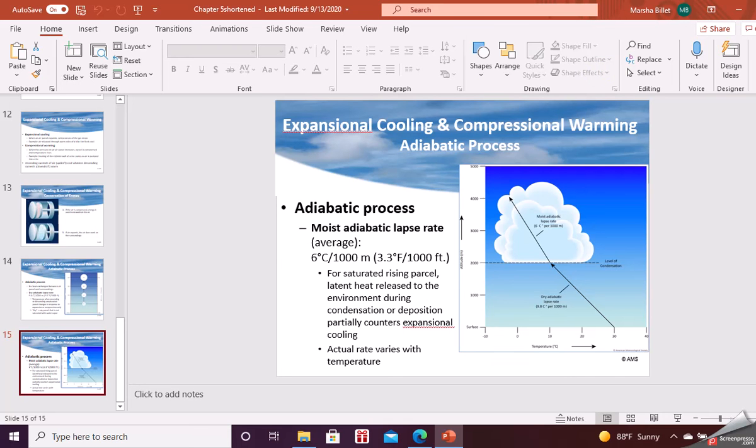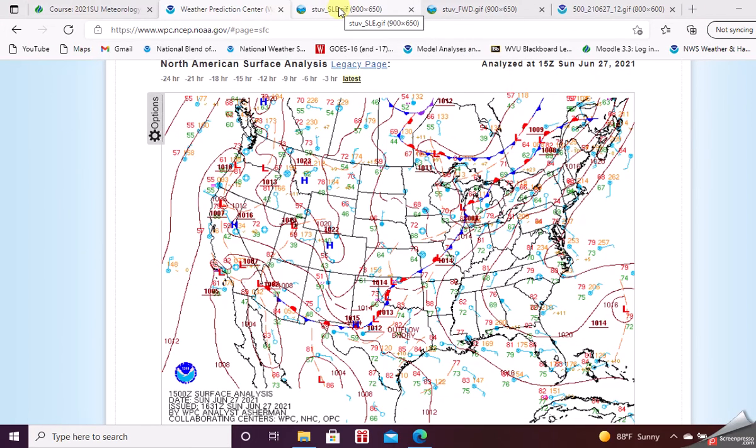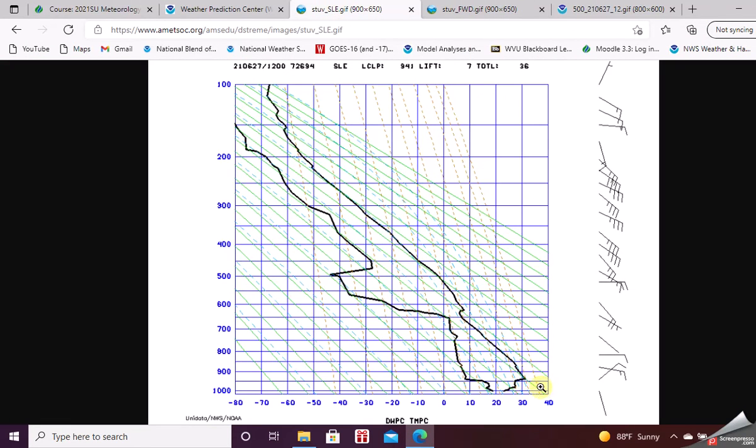So I want to look at a couple more things here. I wanted to look at a vertical picture, since we're talking about the vertical. And here are the temperatures out in Seattle, Washington. One of the interesting things, this is early in the morning, so infrared radiation has cooled the lower part of the atmosphere, but hasn't cooled all the way up in the atmosphere. So this is really quite a warm sounding. Notice it's 30 degrees Celsius right here, and this is at 950 millibars, say about 1,000 feet up.